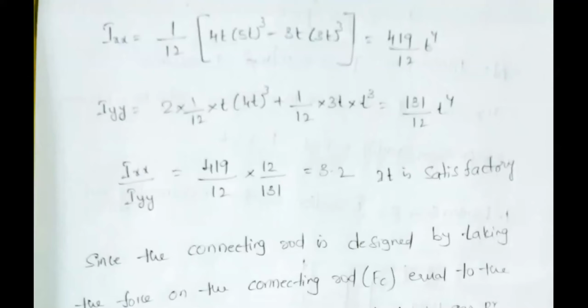And if these dimensions are available in your data book, it is the happiest thing. If this standard dimensions are available in your data book, there is no issue. Directly you can calculate the moment of inertia values. Definitely it satisfies the value, no worries. Just write the statement: the selected proportions are satisfied, so the dimensions are satisfactory. Likewise, you have to mention the dimensions are satisfactory.